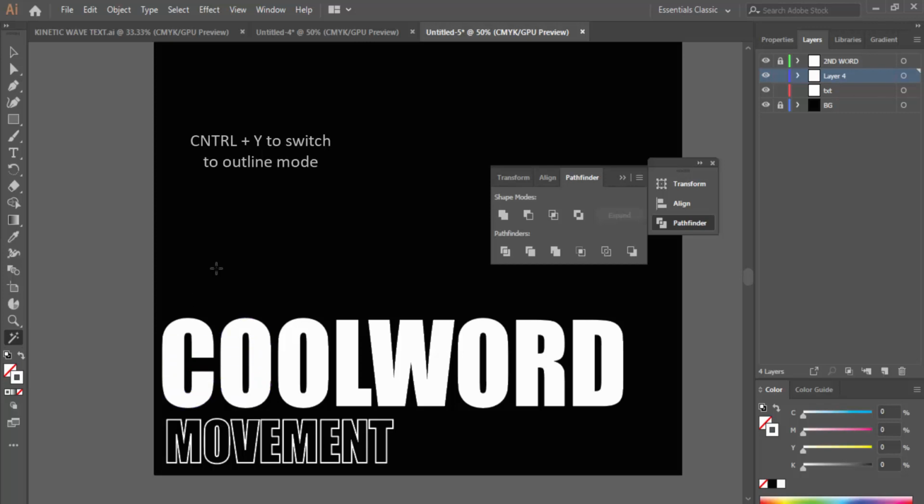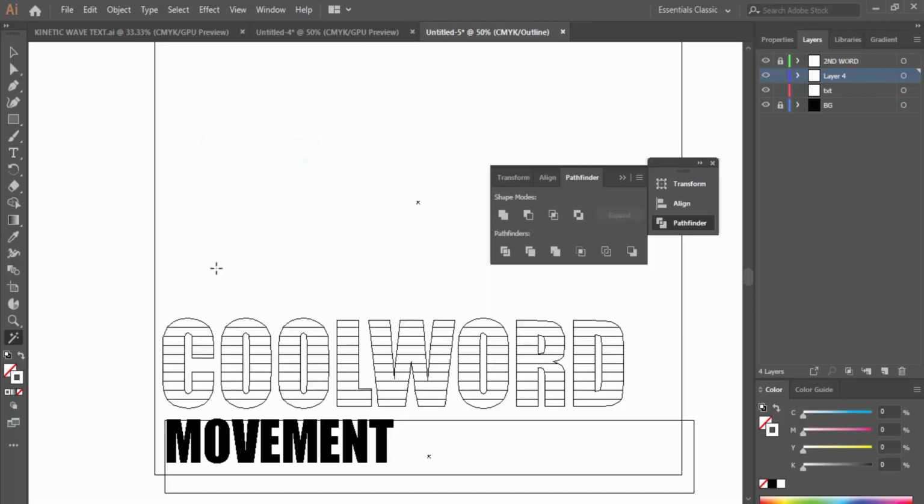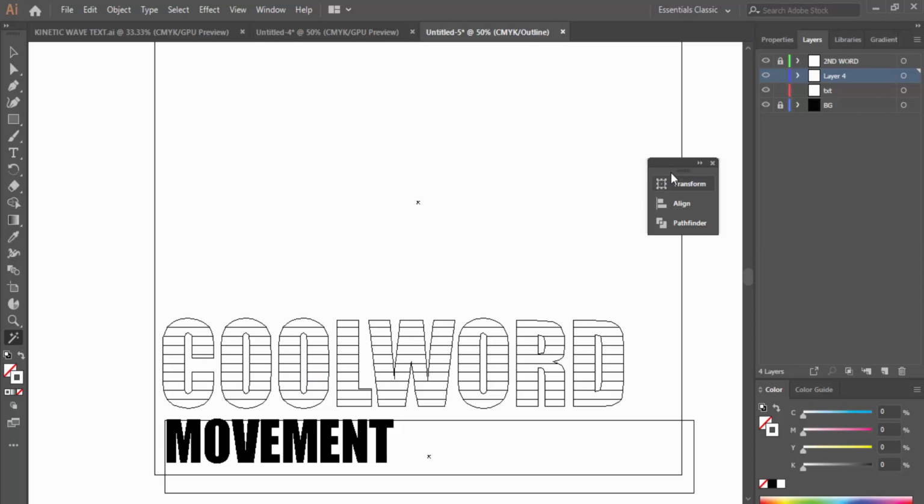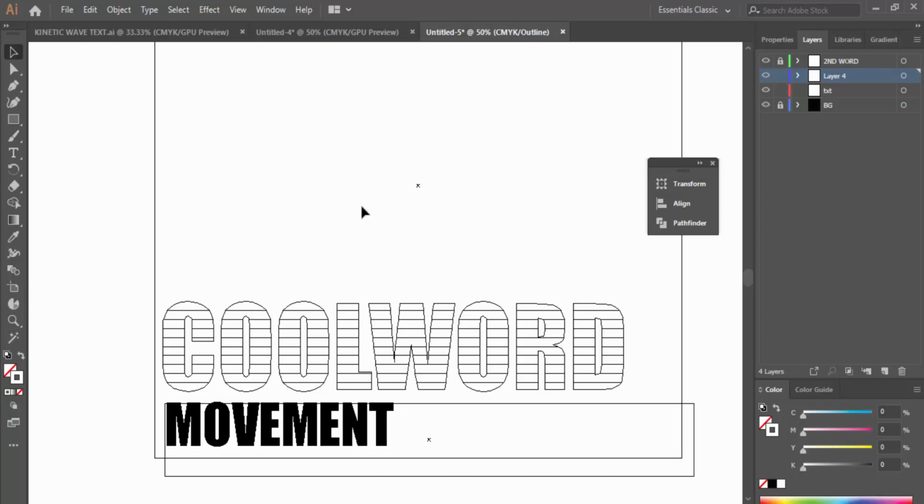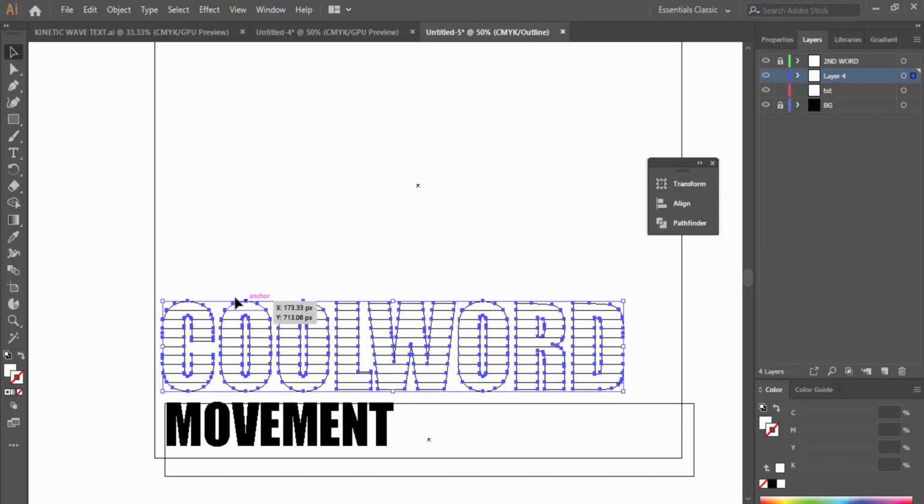All right, so the final thing we need to do is we need to press Ctrl Y to get into our outline mode. And once we're here, now we can really start to do some of the fun stuff with the wave. Alright, so the first thing you're going to learn here is we are going to learn how to duplicate something. So we're going to highlight that word, we are going to hold Alt on our keyboard, and then you